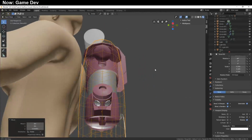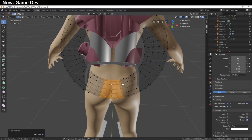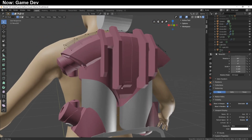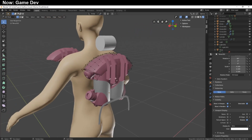So if I do it like that, then we can delete most of this. Delete it. Boom. And then... Did I delete too much? Let's just delete the faces. And then what we can do is